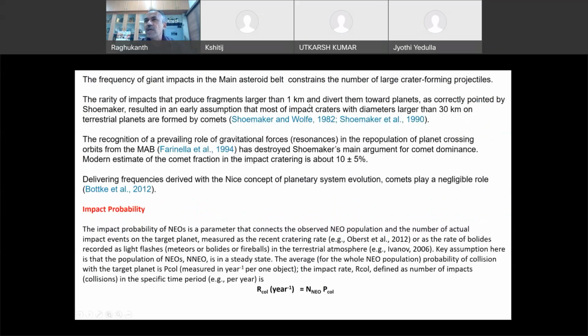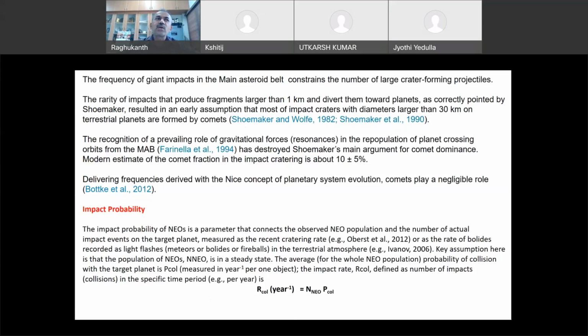So there was some theory, like I told you a long time back. They said that comets are responsible for impacts. There was one famous paper by Shoemaker. I think some comet is also named after him. He said that if you see any crater with a diameter of more than 30 kilometers, this is basically caused by the comets itself, not by the asteroid. So some theories were there, but then slowly, after a lot of things got studied,